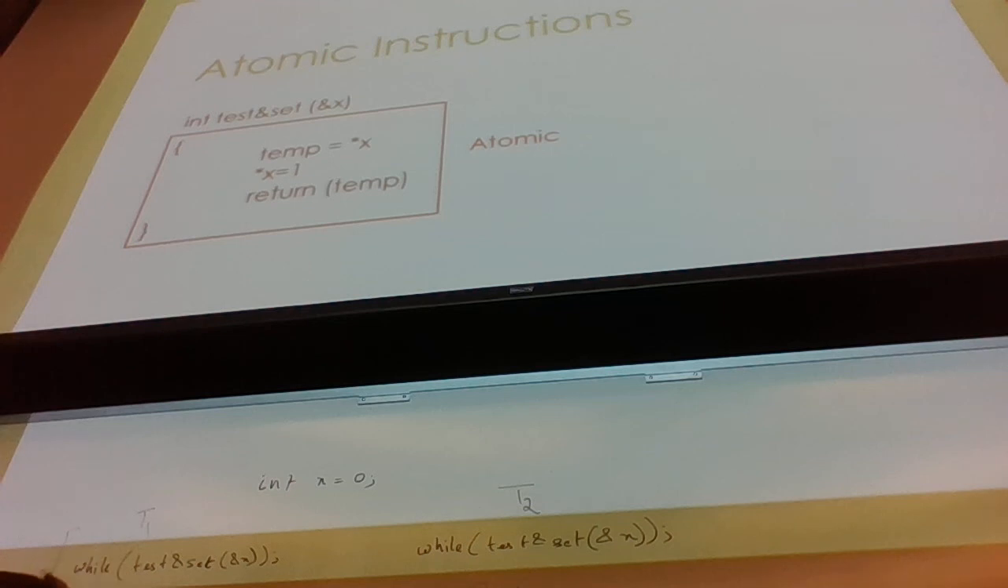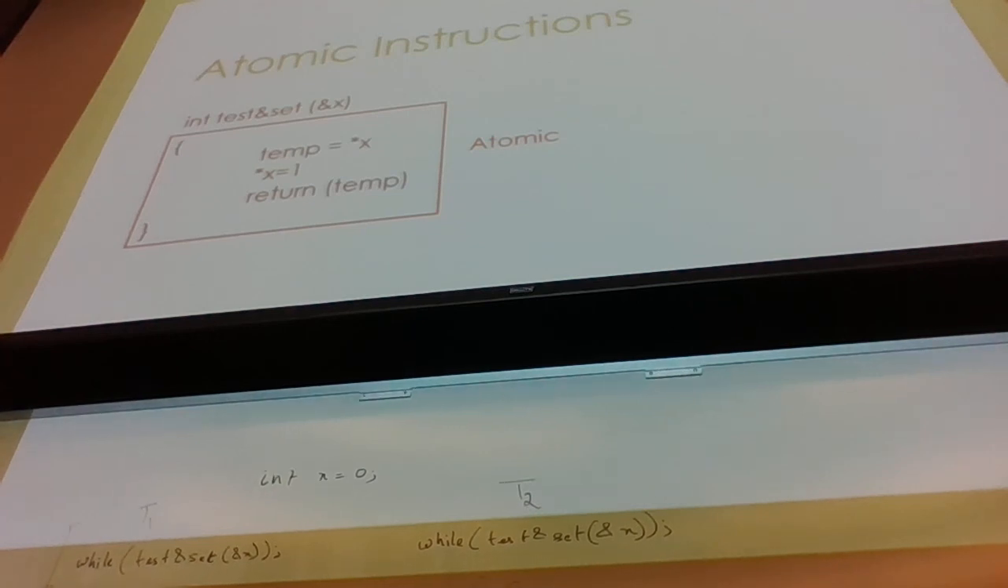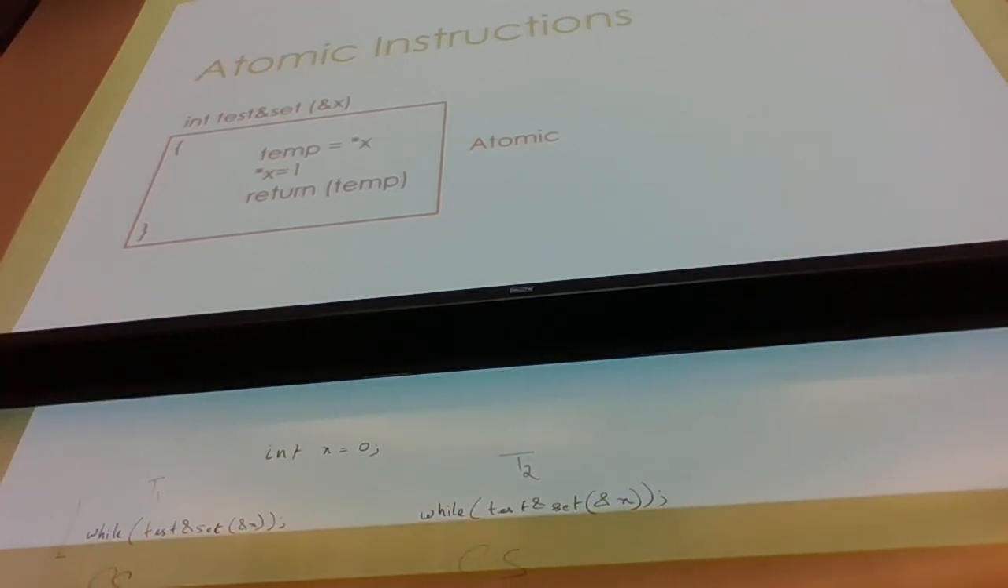Will this solve the critical section problem? Will this solve the critical section problem, this solution? Will we have mutual exclusion? Let's analyze. So if two threads come at the same time, x is initially 0, if two threads come at